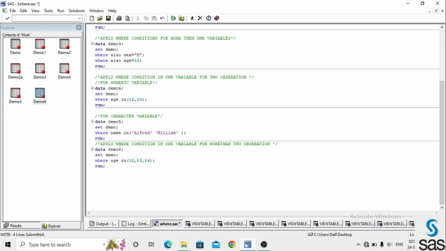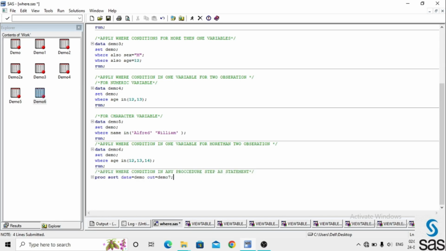Okay, now up to here we have only applied the where condition in a data step. Now we can apply the where condition in any procedure step also, as a statement or as an option. For this I am taking examples from the proc sort procedure.